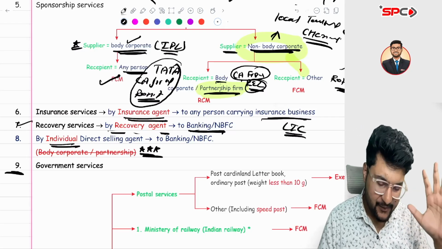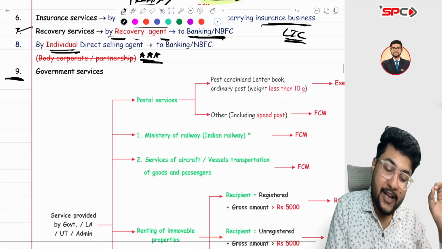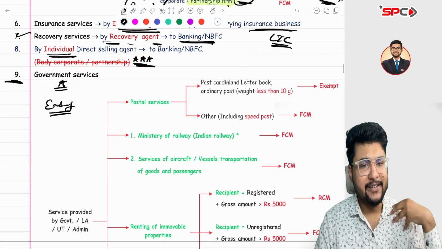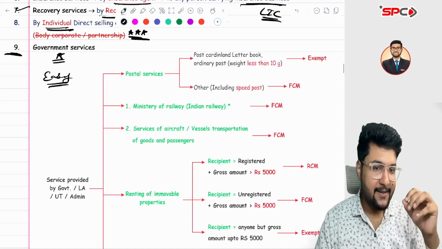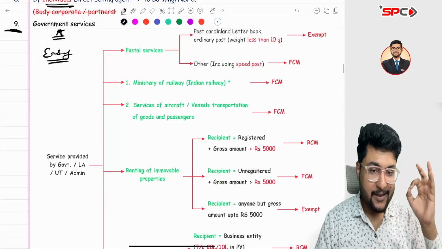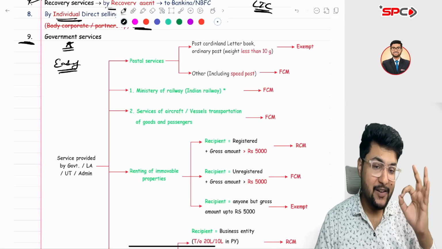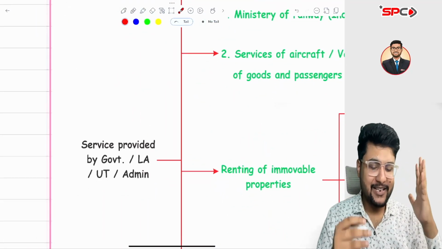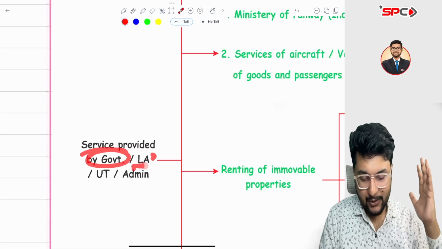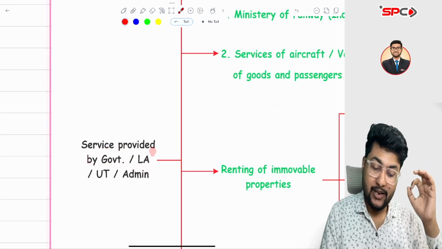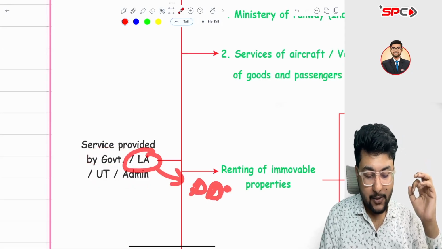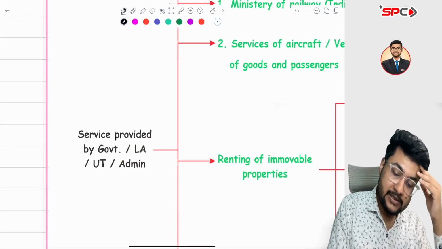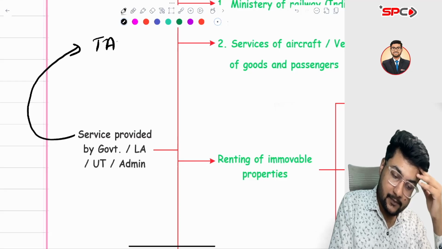Ninth is very important and very easy. Most students find it difficult, but it is very easy for me, and after 5 to 10 minutes it will be easy for you as well. I will give you a trick. Here the service provider is the big, rich class of persons: central government, state government, local authority, UT administration. Here local authority also does not include Delhi Development Authority. Are you getting my point? Yes. They are providing two types of services, TAPRI and other.